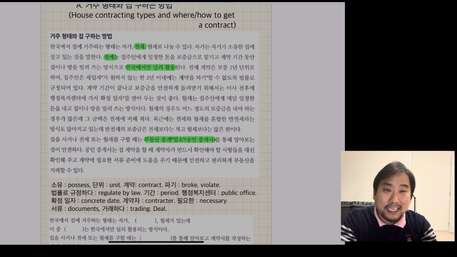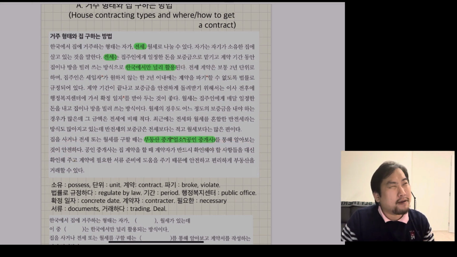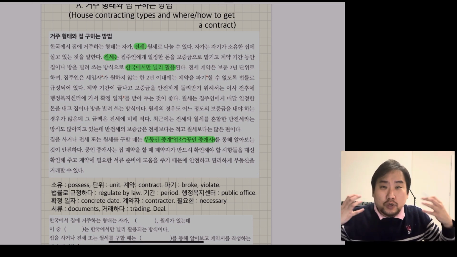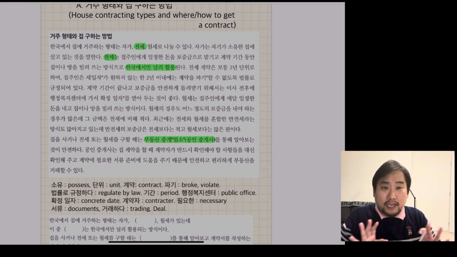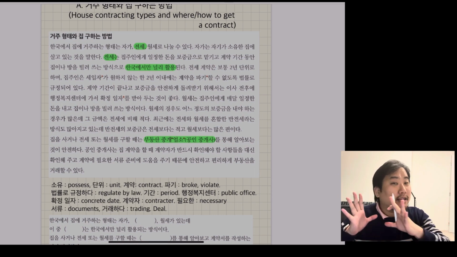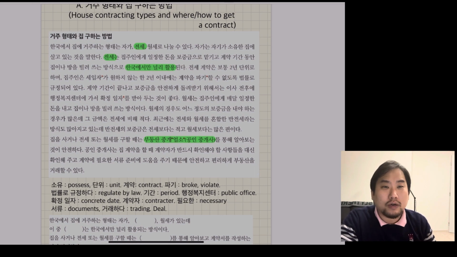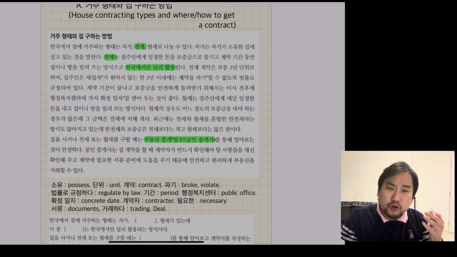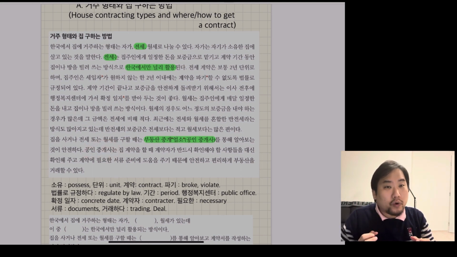It means real estate. And the person, 공인중개사를 통해 알아보는 것이 안전하다. It is safe. It means you don't need to go to a real estate office if you are fluent and have a lot of knowledge about houses. It is not compulsory, but you do better. It's a safer way to make a contract through a real estate agent. 공인중개사 or 부동산 중개업소. 공인중개사 means a person, a real estate person.